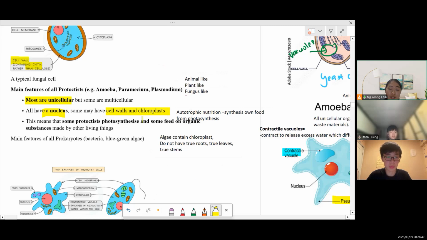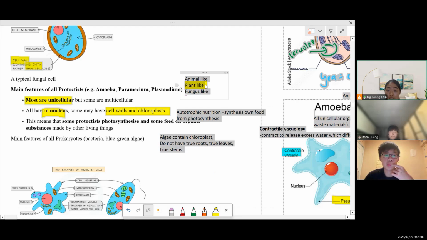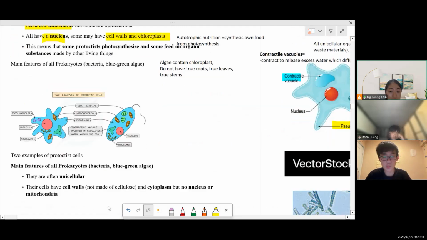Because some of the protists belong to the plant-like protists. So they act just like plants. They do have the cell wall and they also have chloroplasts, able to perform photosynthesis, but they are not an actual plant. Why? Because they are not an actual plant, for example,